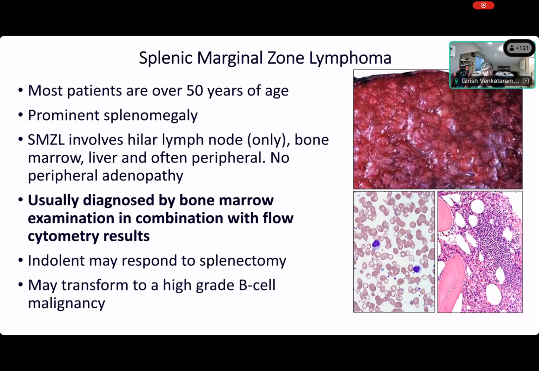And if the counts are not super high, it's not a bad idea to run a flow to test the B and T cells, right? And I've shown you a picture at the bottom on the right side, the peripheral blood showing circulating splenic marginal zone lymphoma cells. They don't have any characteristic morphology that the moment you look at it, you can say, aha, this is my SMZL. There's very few things that you can look at in the peripheral blood and have an aha moment. Only one of them is hairy cell leukemia, right?